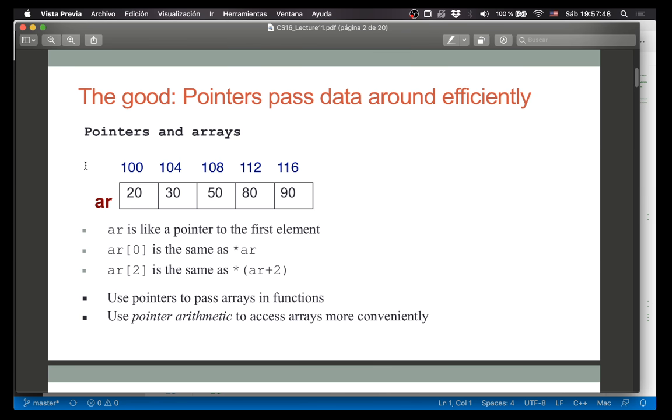And so if we were to pass that to a function, we're not actually copying an entire array, which is going to make things more efficient for us. And then it also gives us another way to talk about the same stuff. So AR[0], because AR by itself is essentially address 100, it points to the first element in AR. AR[0] is the same as *AR. Those are equivalent because